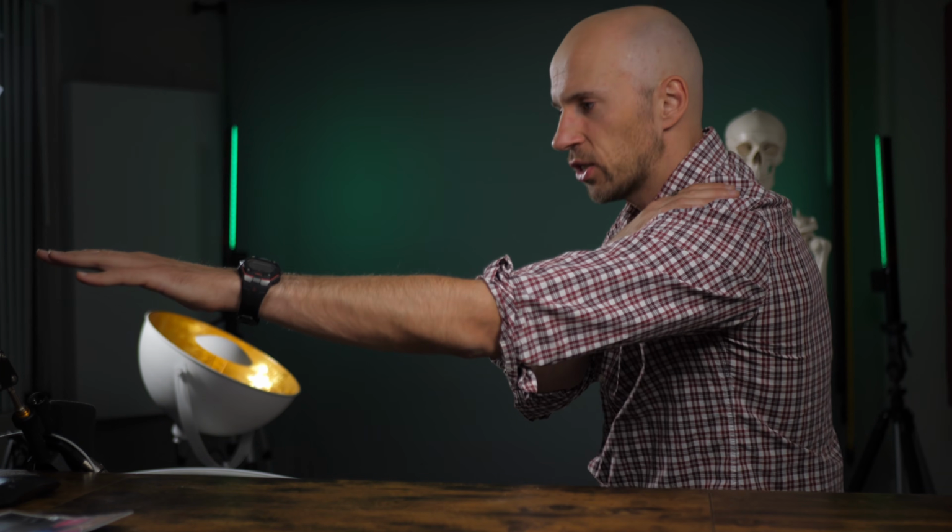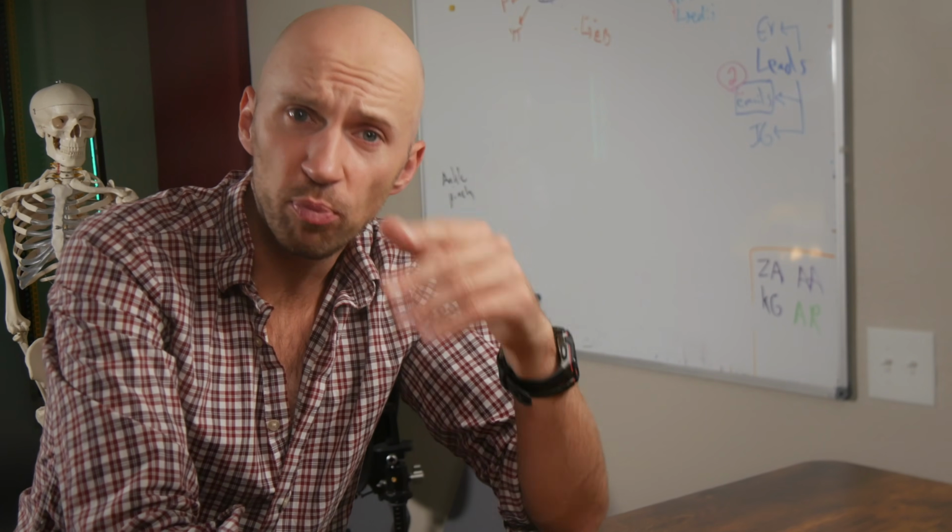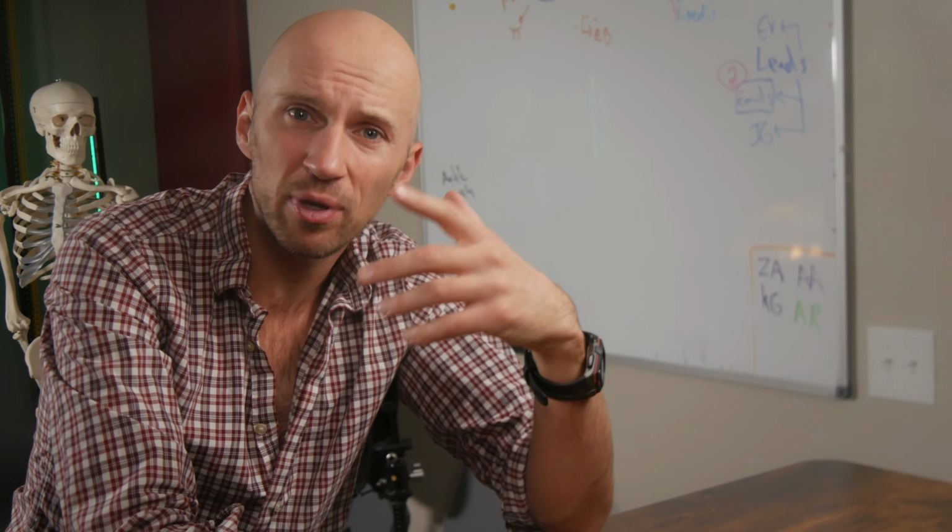Let me have you run a quick experiment. Reach your arm forward, just like so, and take your opposite hand and put it on the same side trap. Then go ahead and slouch. What did you notice happen in your trap tension as you did that? What you probably noticed was that your upper trap tension increased,